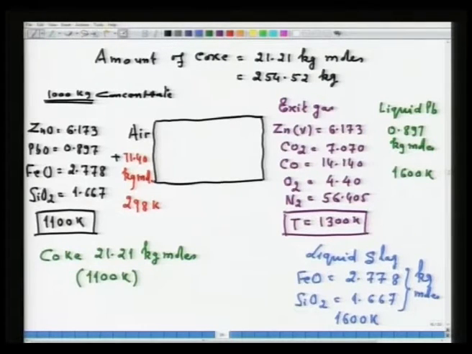See, now this is what the calculations of material balance I have projected on this particular block diagram. The various temperatures are given. Now, what we have to do? We have to perform the calculation. Now, we should know at this stage what thermodynamic values you will be needing. To solve this particular problem, I will be providing all the values because I have calculated the problem and I know what values are required. But as a beginner, when you attempt to solve a heat balance problem, you have to be very clear what thermodynamic values you will be needing.